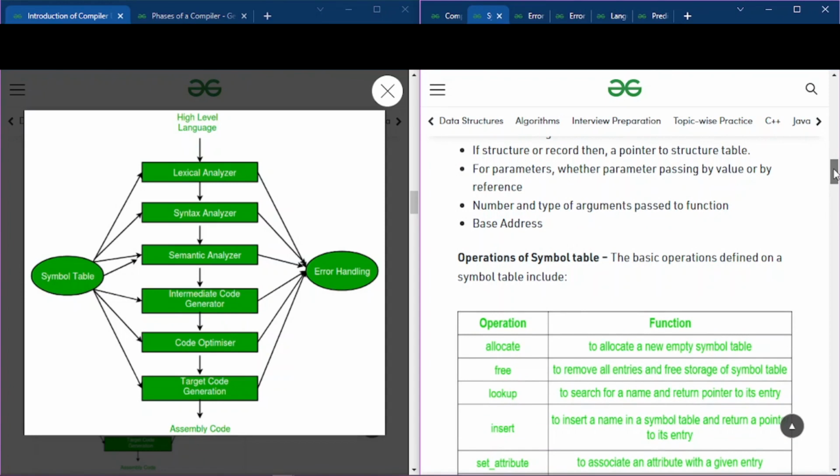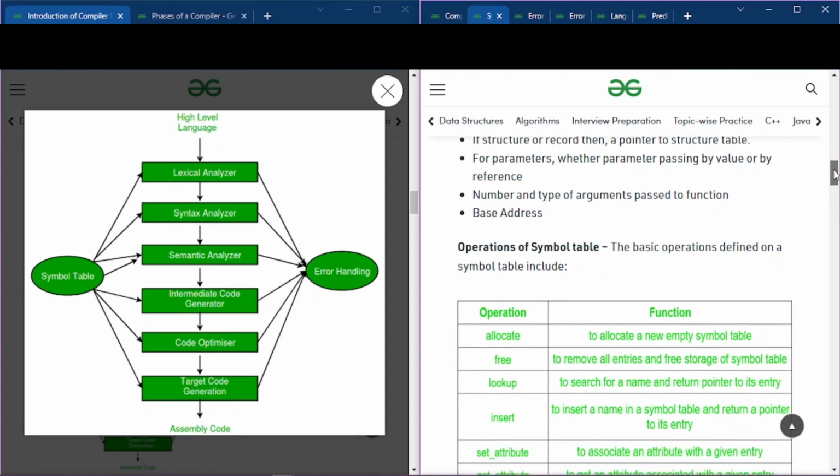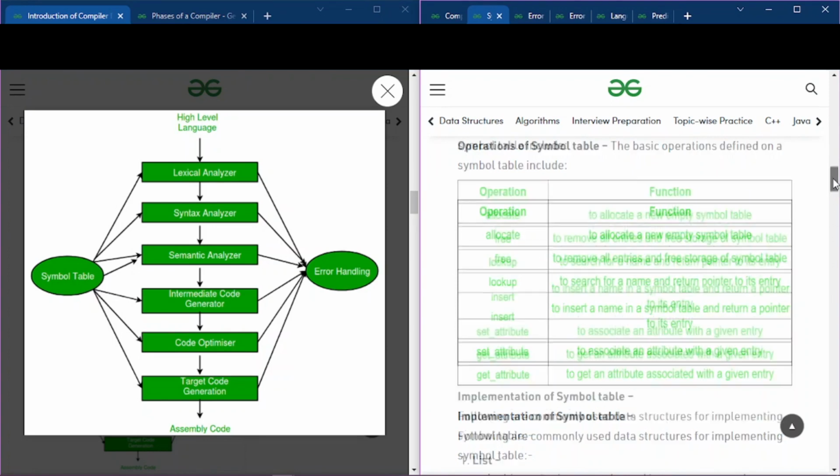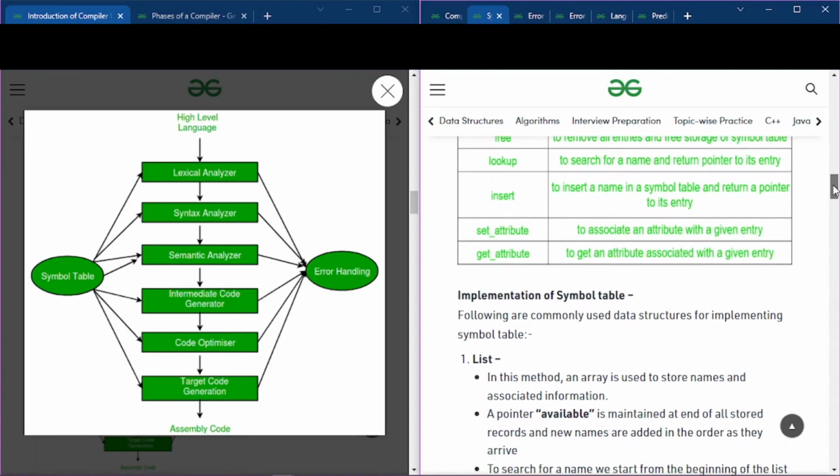The links for these articles will be in the description. The operations and functions of the symbol table are given here, like you can allocate some space in the symbol table by this function and all those things. This is not that important, but you should know.